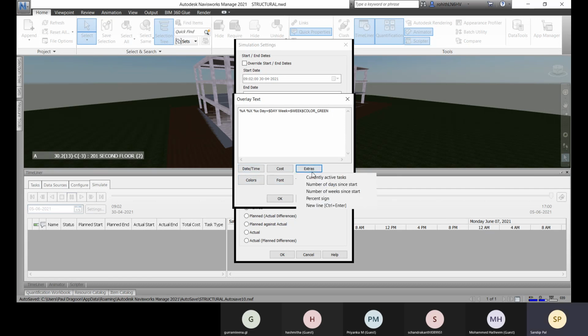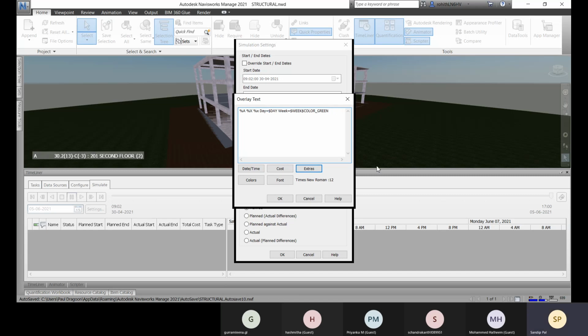And you can add some extra lines over there. So for a new line here, you cannot just press enter, you have to press Control Enter. Okay. So number of weeks since started, number of days since started. So it is there already. Here you can see this is already there. This one.